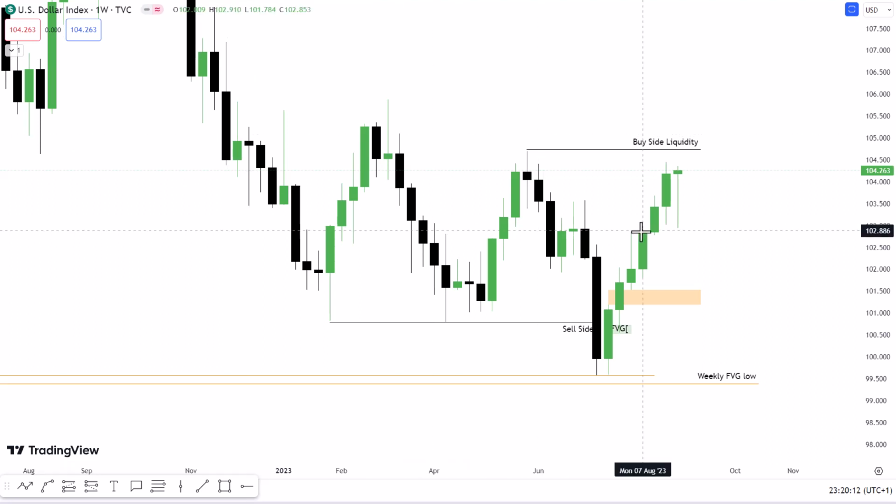Last week we had some really exciting price action with the dollar index coming down, and then we saw an exciting move to the upside because we had NFP Friday, and we closed just a little bit above the price action we had for the previous week before last week. Now last week I told you that my bias for the week was obviously this buy side, which is here, and we have still not realized that yet,